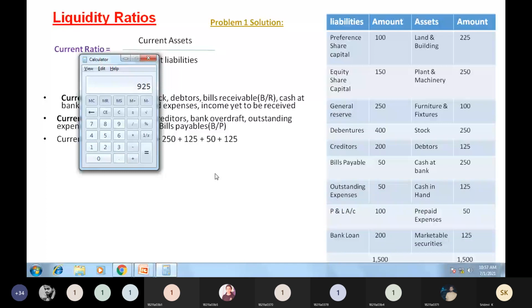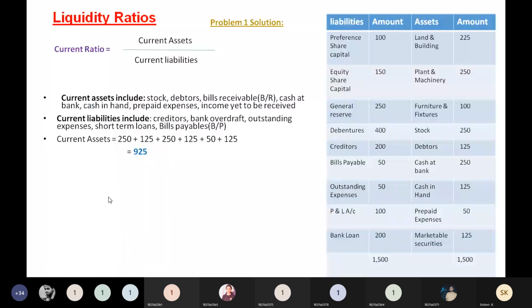And pick out the current liabilities and add there. So creditors plus bills payable plus outstanding expenses, that you mention here. Creditors is 200 plus bills payable 50 and outstanding expenses 50, that was not added here. It is missing here. You add that also. That will give you 300 here, not 250. Outstanding was missed when I was calculating. Okay. Outstanding expenses also add here. So 300 you will get as current liabilities.